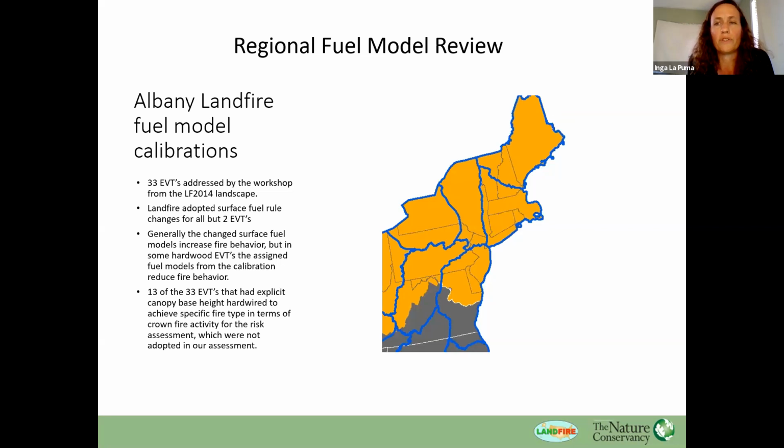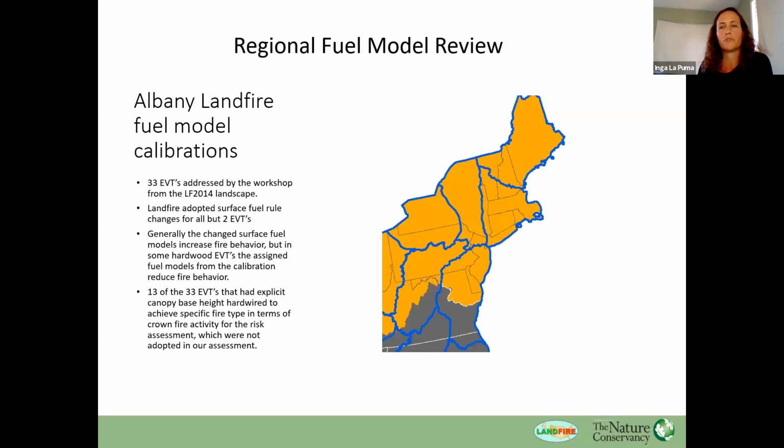And then 13 of those 33 vegetation types had, during the calibrations, people saying, okay, well, the canopy base height is typically this. But that's not something that we could incorporate because we have across-the-board calculations for canopy base height, derived from the Forest Vegetation Simulator, the FVS scenarios for our region, and those are all based on the vegetation type, cover, and height on a regional basis.